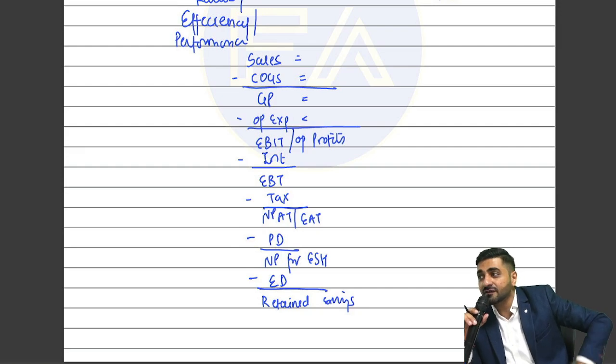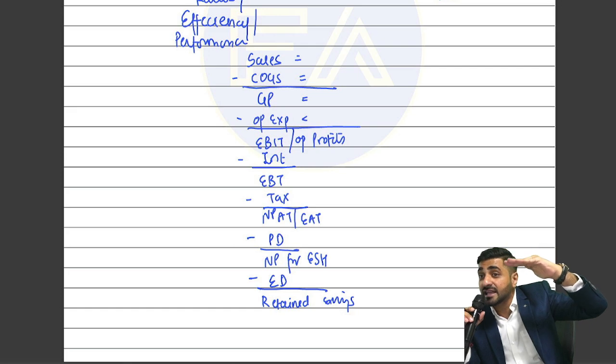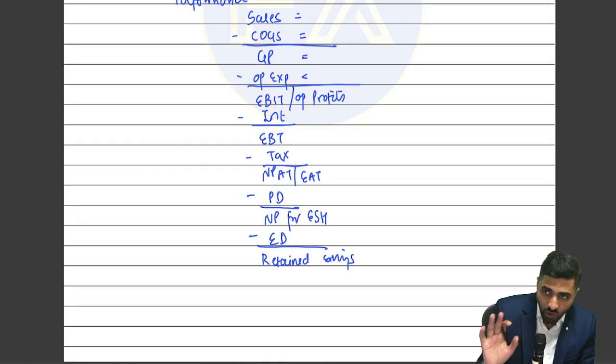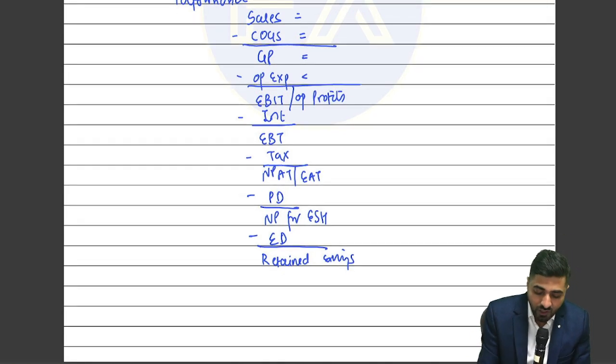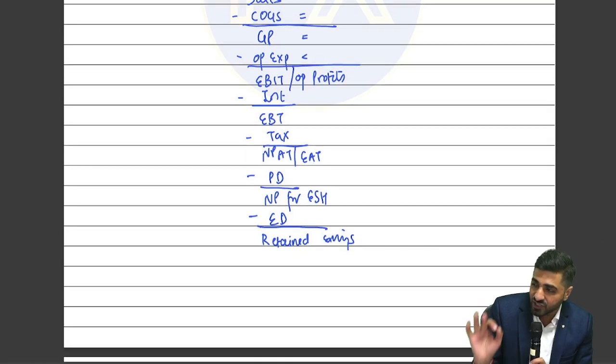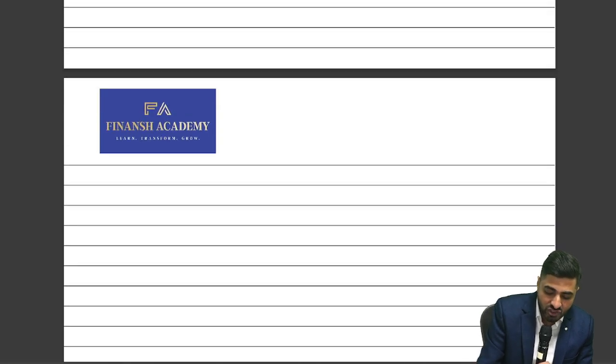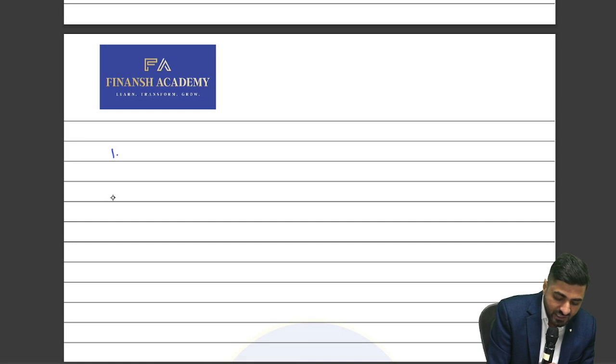So what you have done? You have taken profits in the numerator and you have divided the investments in the denominator. Now, if I talk about your return ratios, there are 3 return ratios which are possible. How many return ratios are possible? 3. The last one can be modified into post-tax. So 4 return ratios, but 3 main ratios. I will first teach you the 3 main ratios, starting with return on equity shareholders funds.